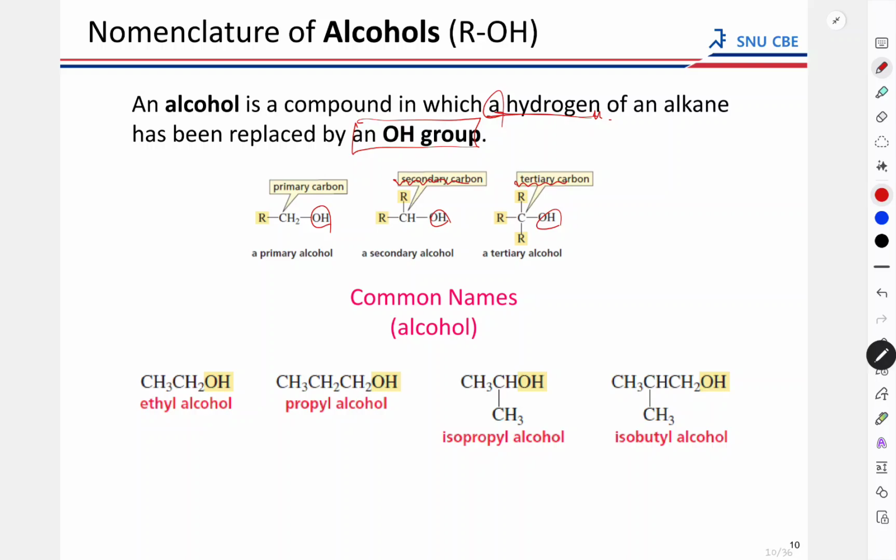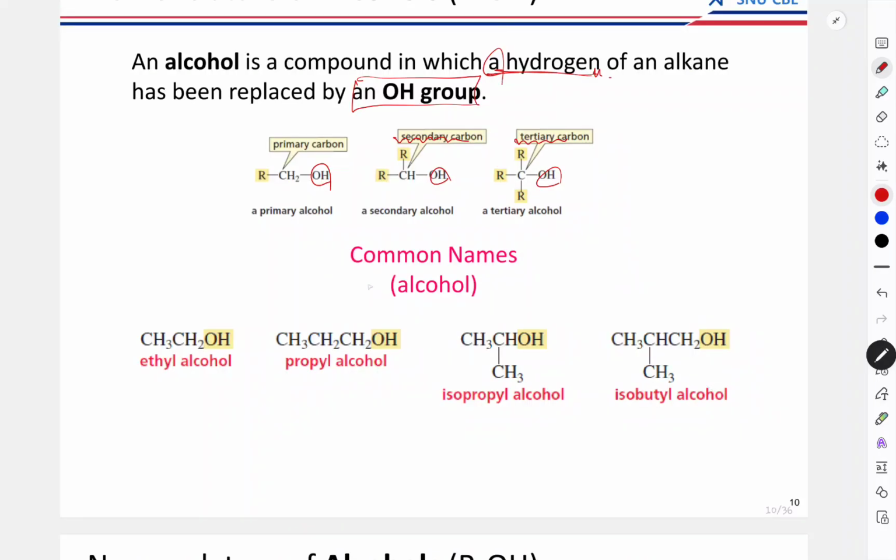Right, that's the definition for primary, secondary, and tertiary alcohol. Again, you need to be able to count the number of carbon or alkyl species attached to the carbon of interest. Okay, and these are common names. Common names for alcohol. This is not a systematic name, right? You need to distinguish common versus systematic name. Common name is given by convention. Systematic name is given by the structural definition. Okay,